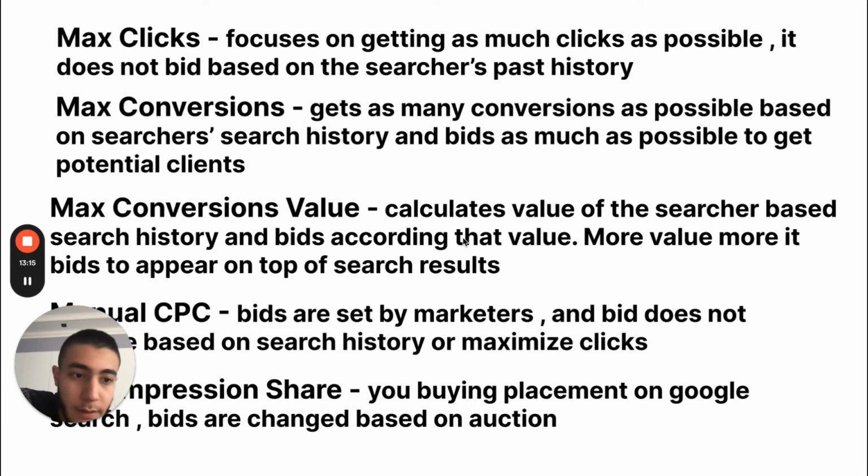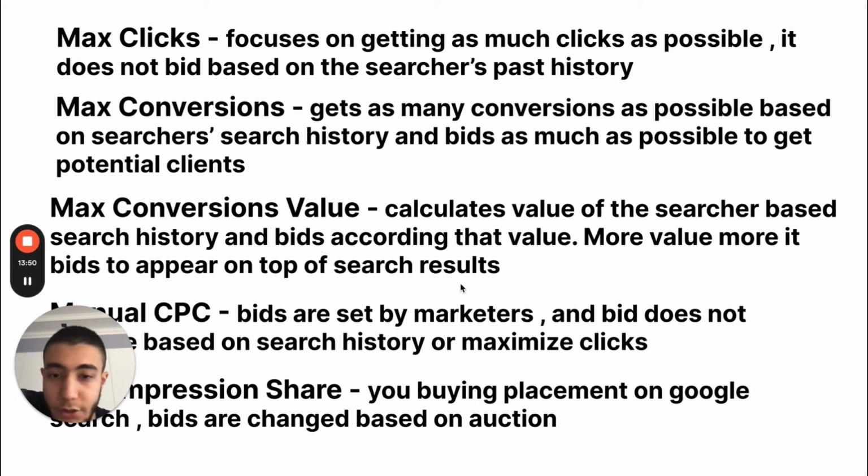It looks at the search history, and it looks at your conversion goals, and if the highest conversion goal is, for example, your lead form submission, it's gonna optimize for that. It's gonna optimize for people who are more likely to convert from a form submission instead of calling you or any other